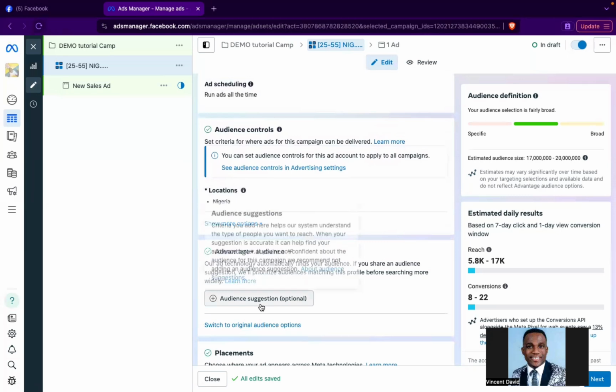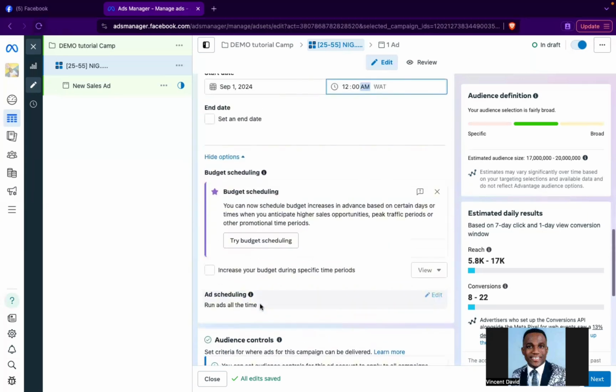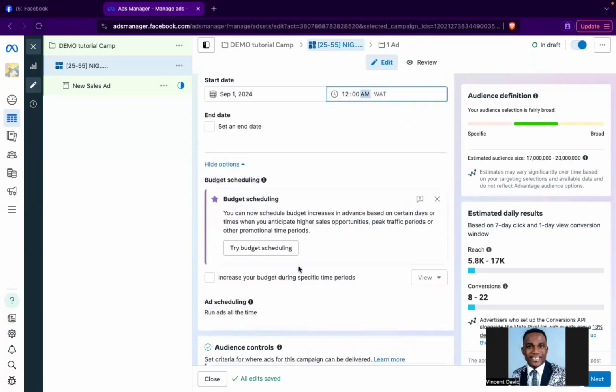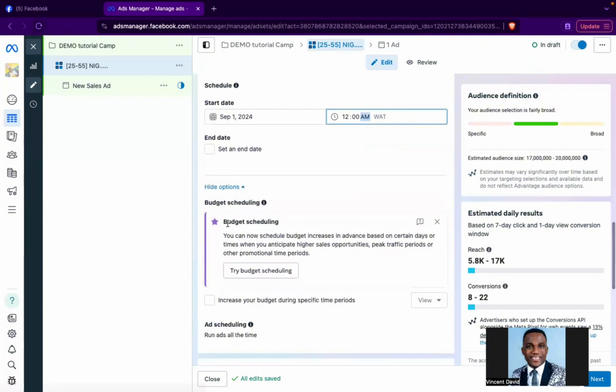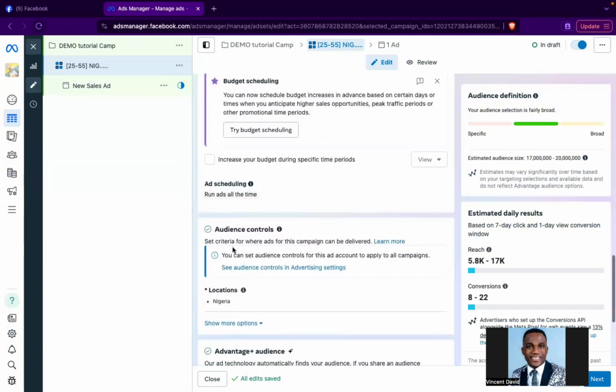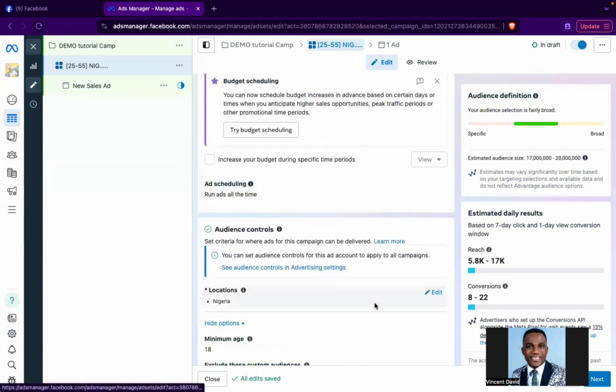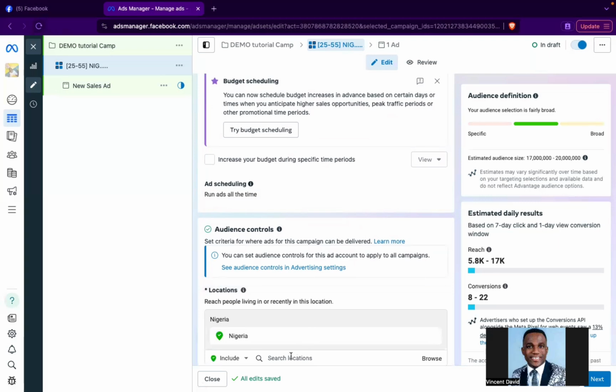So you're seeing advantage. Try budget scheduling, leave that. Don't put an end date to your advert. Make sure you post your advert yourself. Audience control. Location is Nigeria. You could change location here. If you want to change it to Kenya,